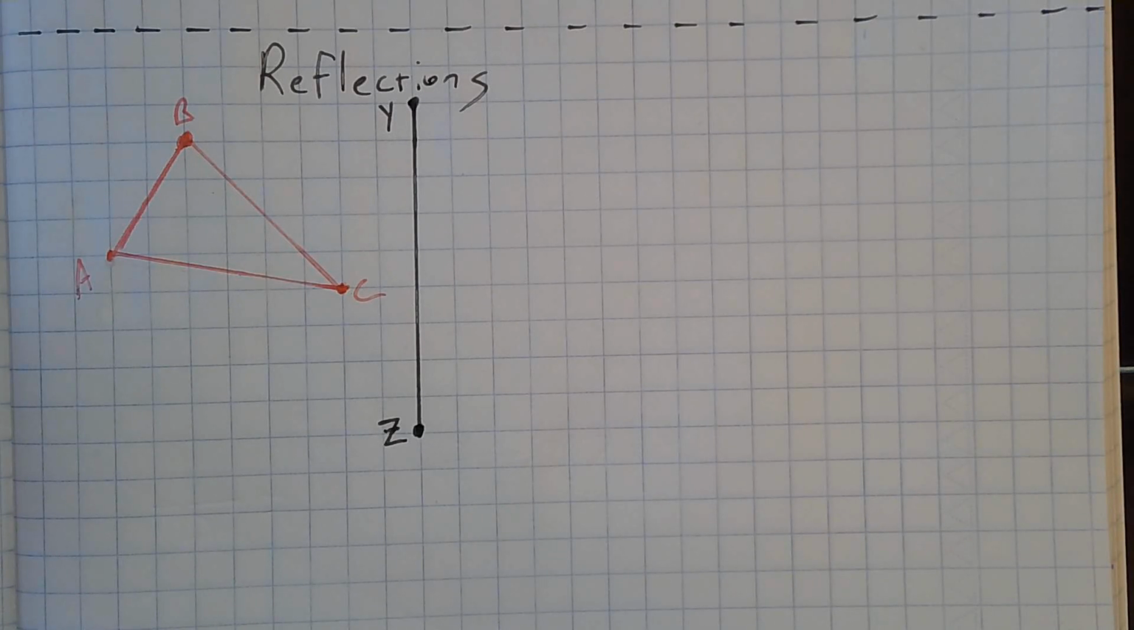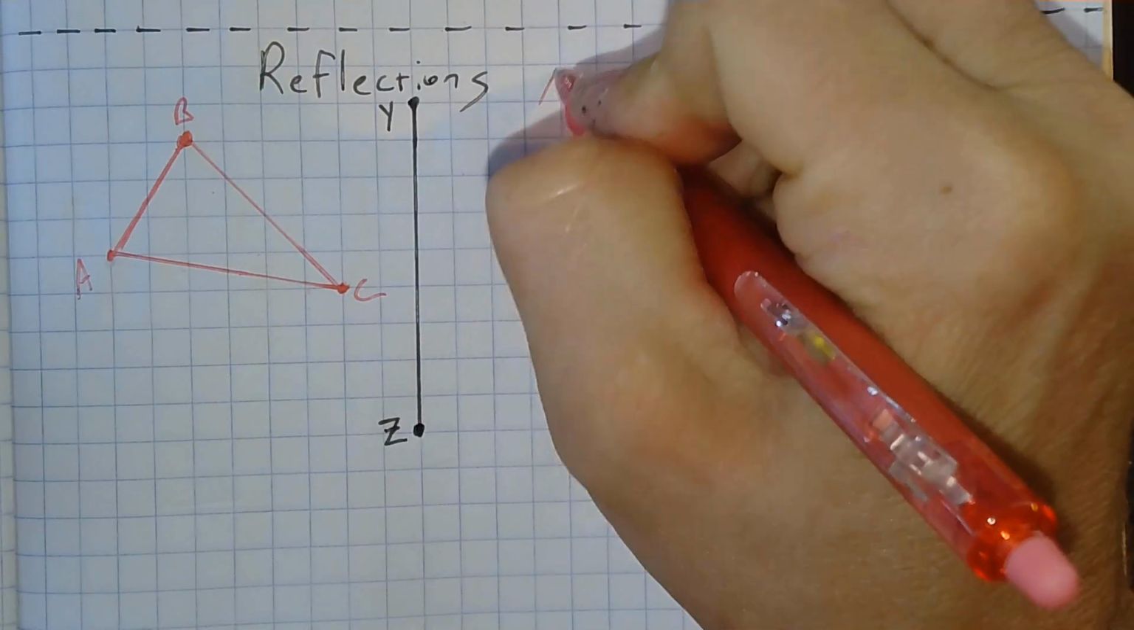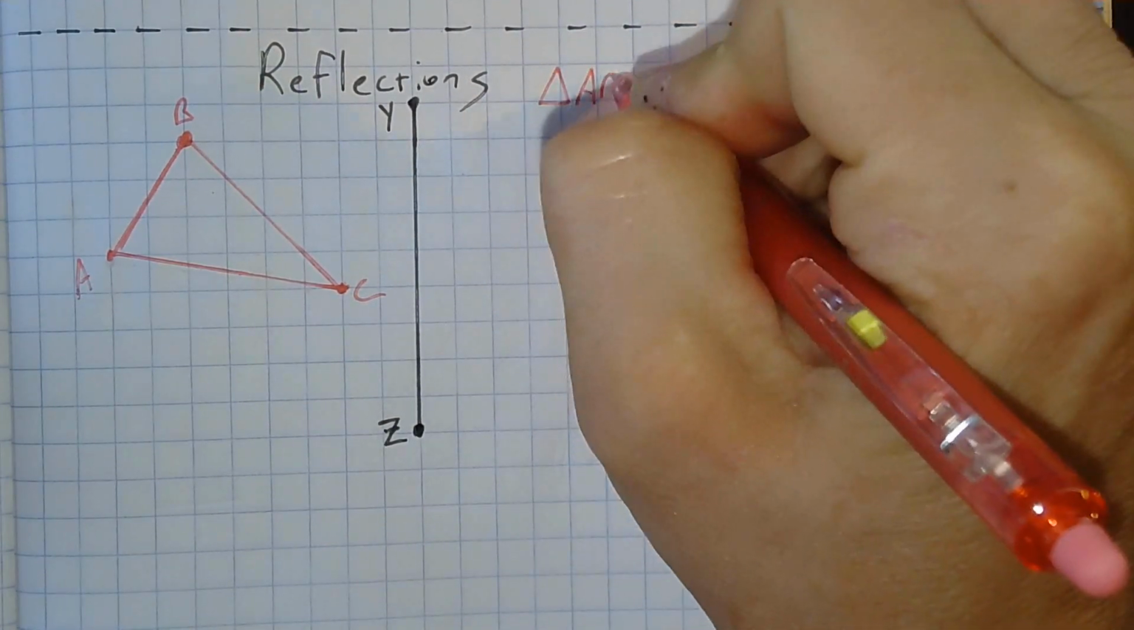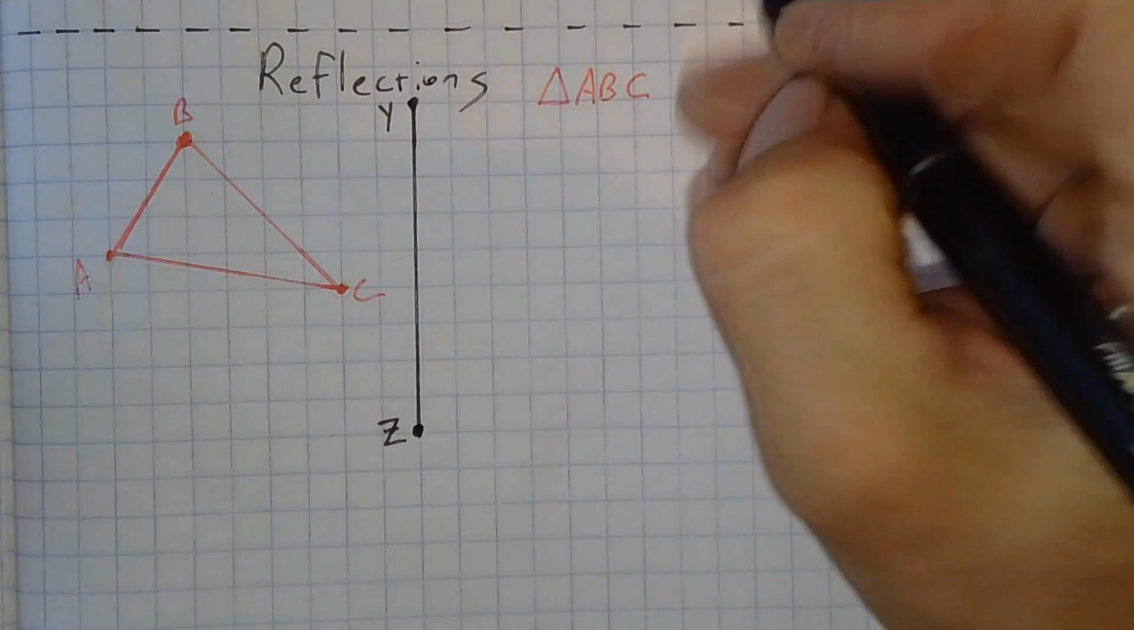All right, next transformation we're going to talk about is a reflection. All right, and a reflection is just a mirror image across some line of reflection. And so in this case, I'm going to take triangle ABC and reflect it